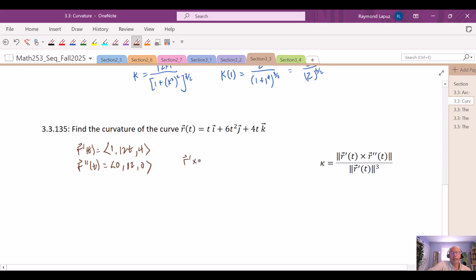They're written so that I can see them vertically here with the cross product. Then I'm going to have 0 and 12 times 4 in the i direction, so that's 48. In the j direction it's negative, but it's going to be 0 anyways, since this is 0 minus 0. And in the k direction, I will have 12 minus 0, so that's just a 12. Okay, the magnitude of that